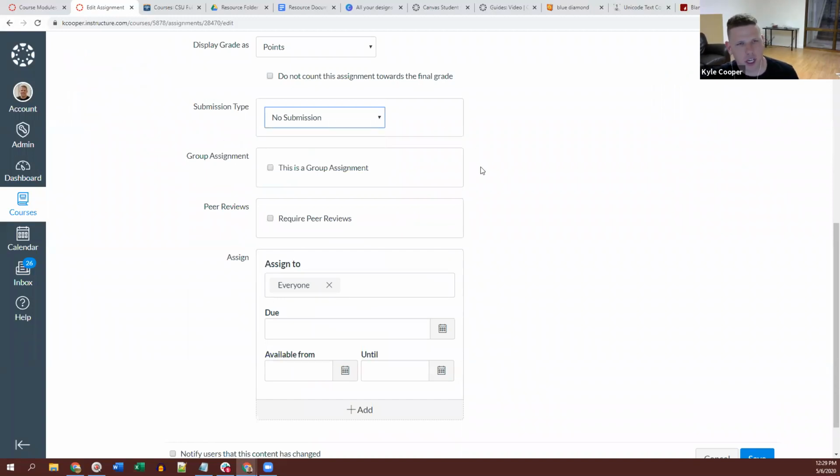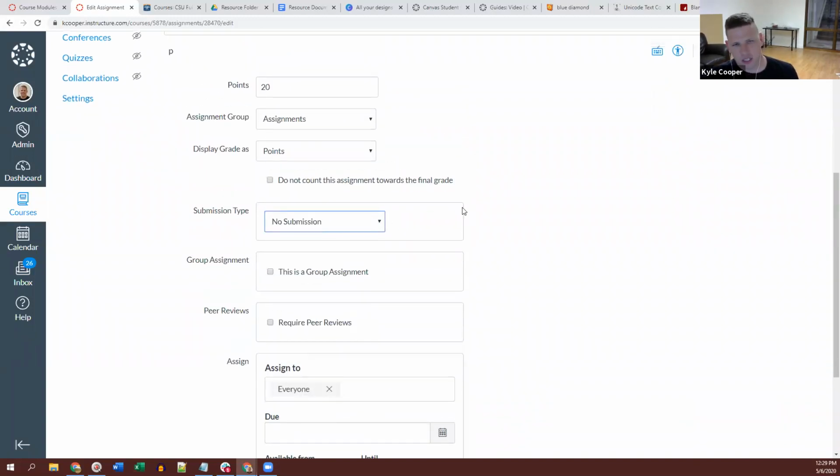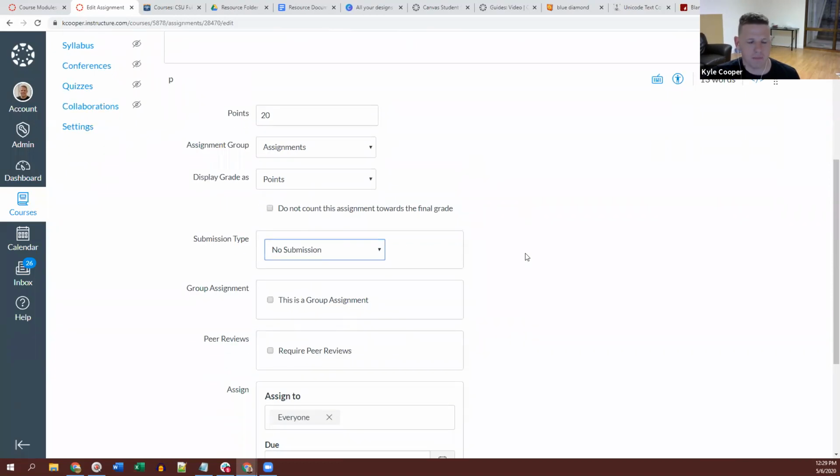You can do no submission. An example of a no submission assignment is when you have projects, maybe it's an oral assignment where they're going to give an oral presentation in front of the class. Since the student's not actually submitting anything in Canvas, we would select